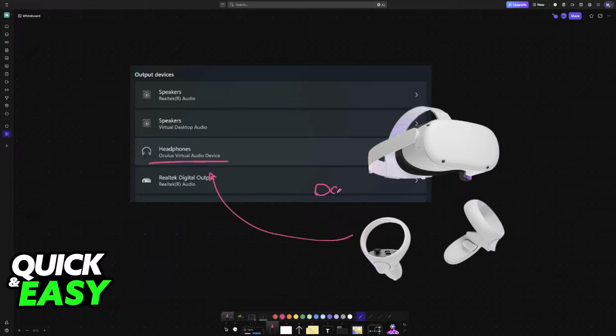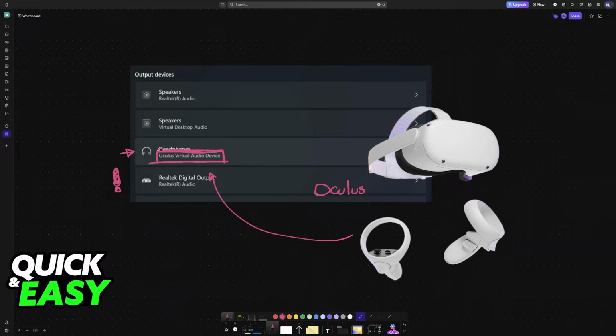When you connect and set up your Oculus Quest to your PC, you might have noticed that it creates some virtual audio devices under your headphones or even your microphone. So if you want to get rid of these, all that you have to do is go into the sound properties and you can either disable them altogether or make sure that they aren't being used as default, because if they are automatically set up as the default headphones and microphone, they might give you conflicts and they aren't going